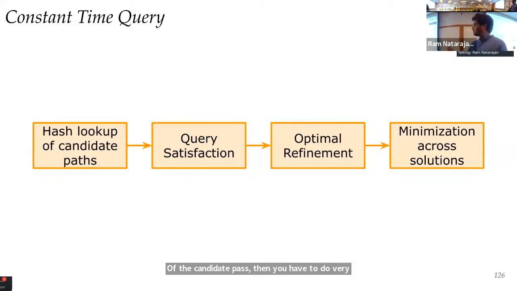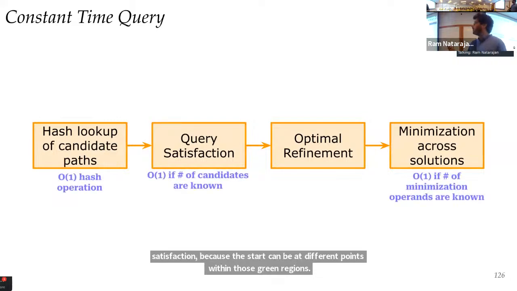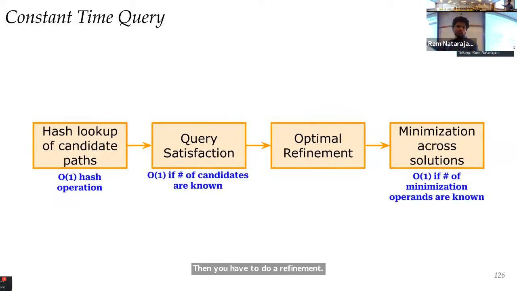Then you have to do a refinement and you have to take the minimum. So 3 of these 4 operations can be constant time if you know the size of your candidate library. The optimal refinement is not constant time, but